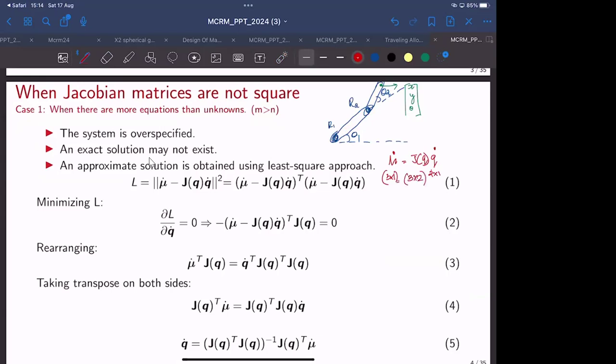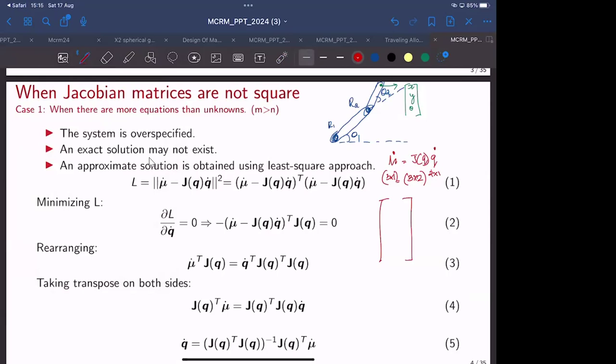Right? So in the case, for example, if you want to control the 3 degrees of freedom in the task space with only 2 degrees of freedom, the Jacobian matrix in that case would be a non-square matrix. So in this specific example, when there are more equations than unknowns, the Jacobian matrix would look like a tall matrix,